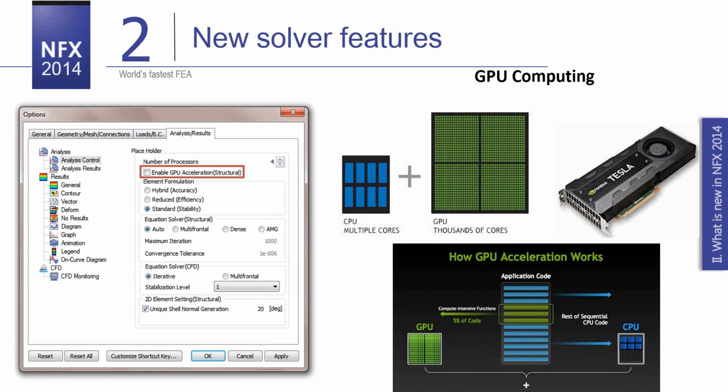If you see the small picture here, the GPU is actually composed of thousands of cores, whereas the CPU is only composed of multiple cores. But the way of working of these two units is different. CPU work in